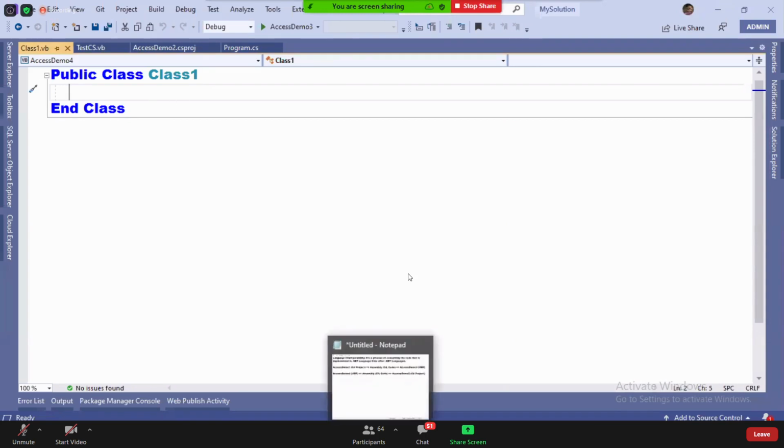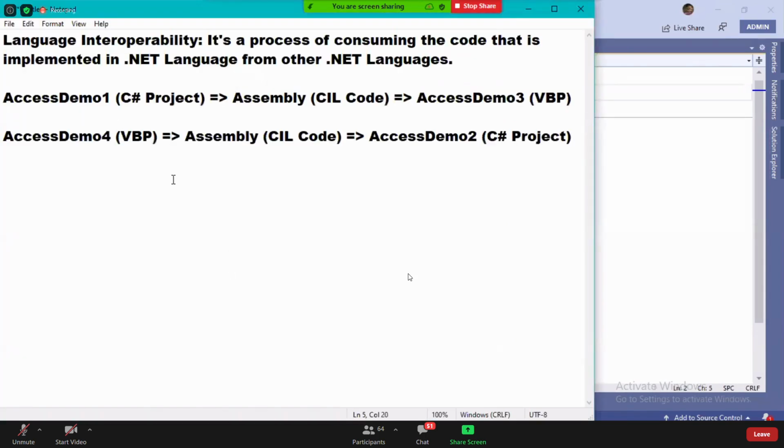So let me write some methods here. Basically, in C# you learned methods are of two types: value returning methods and non-value returning methods.